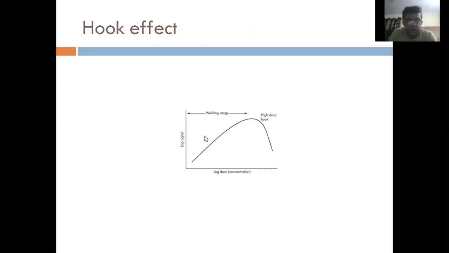So this is again why it is called hook effect, some people might ask. So this is what happens. This is the log signal and the log dose. When the sample concentration increases, initially the levels keep on increasing, but after you hit a peak, subsequently at higher levels, the value actually goes down, and therefore you might actually get a very low or a normal value, a very slightly high or almost a normal value of prolactin, despite the prolactin actually being very high.